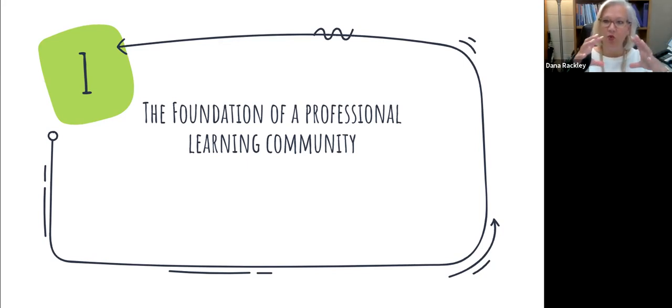So your school building or your entire district, depending on how you're set up, is the PLC. That is your professional learning community. Your grade level is just one of your teams. Guiding Coalition might be one of your teams. Any of those other committees are just part of your teams. You're not just going to your PLC meeting.